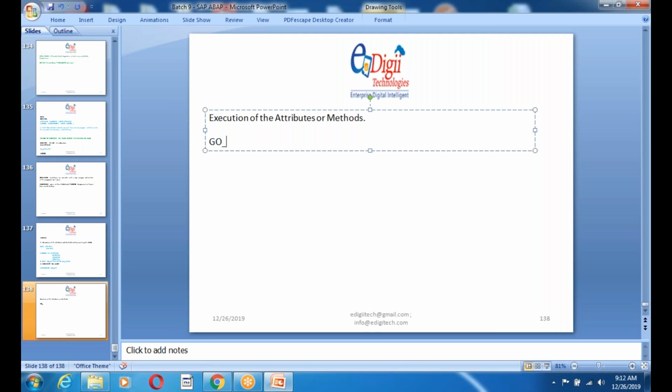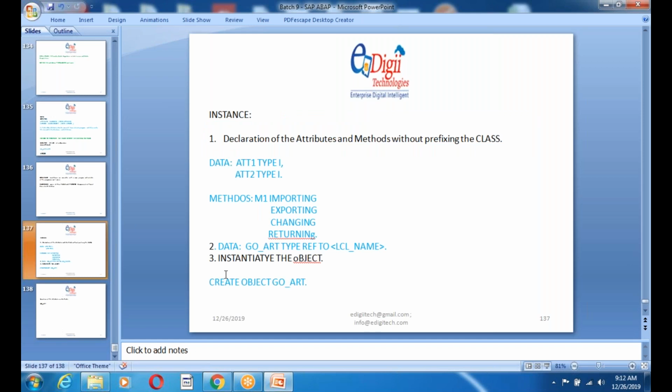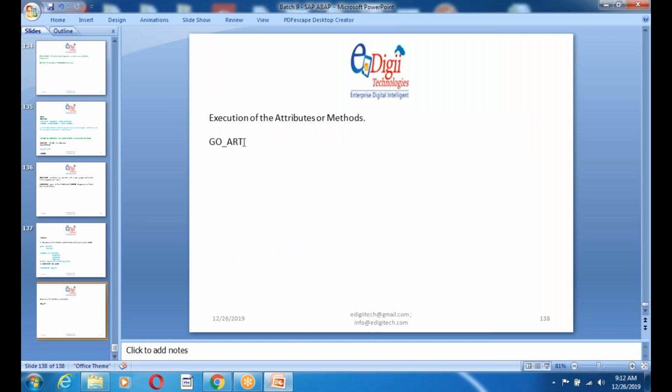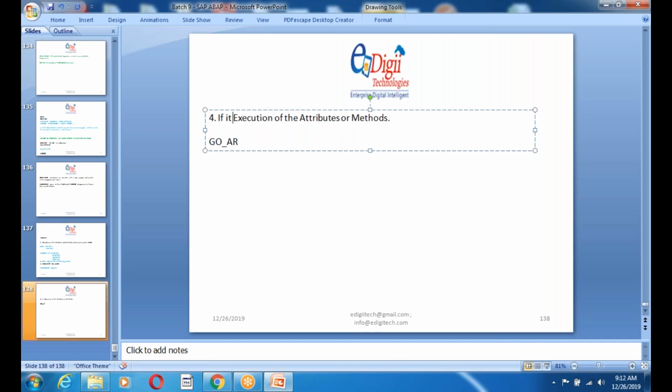You have to take the object geo_art, and if it is an instance attribute or method,